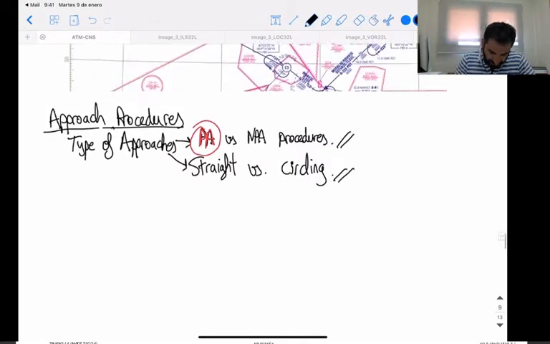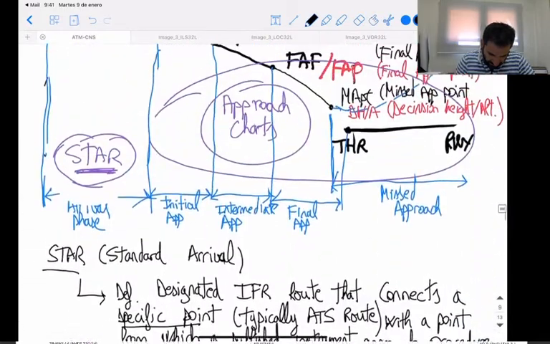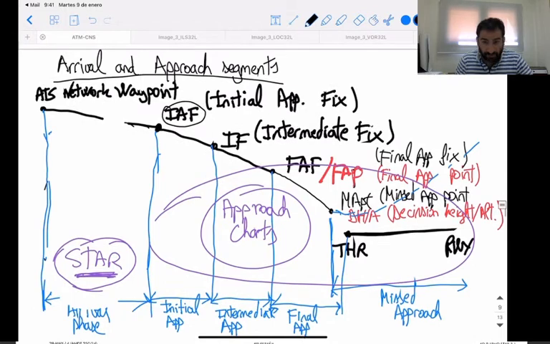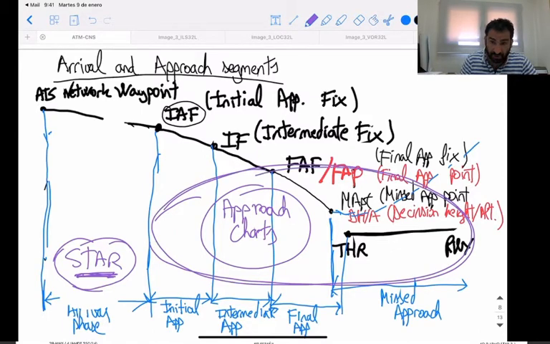Let me get back for a second to our figure. We have already covered the start phase. And now we are moving into the whole approach procedure, from the initial approach fix down to the threshold, to the runway, or eventually initiating a go-around procedure, a missed